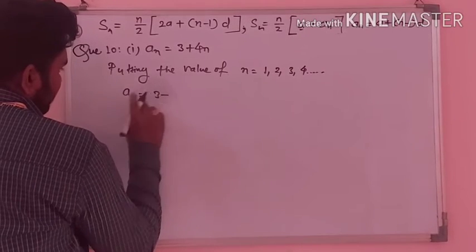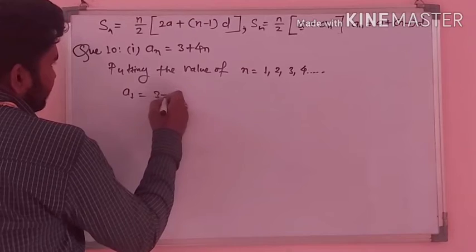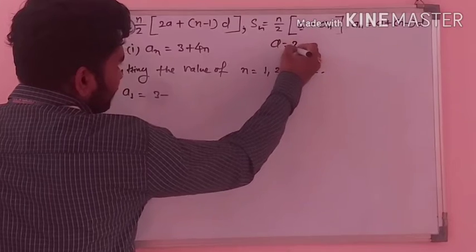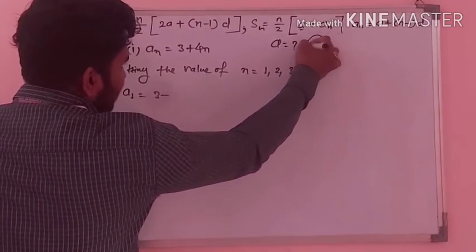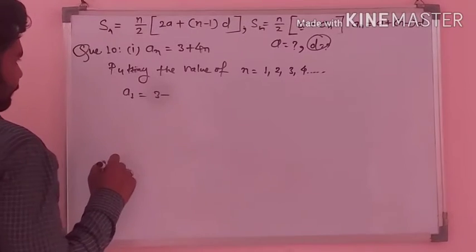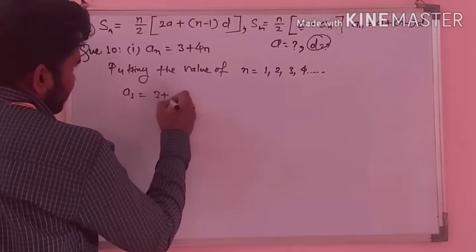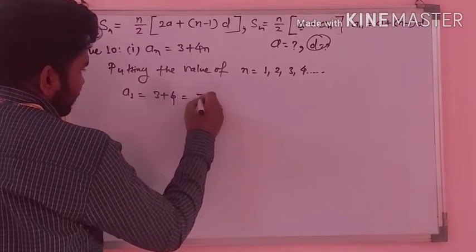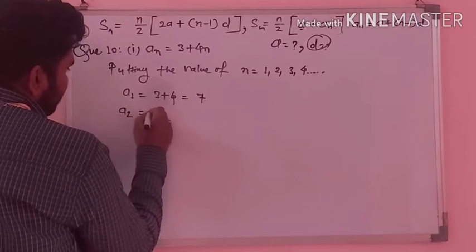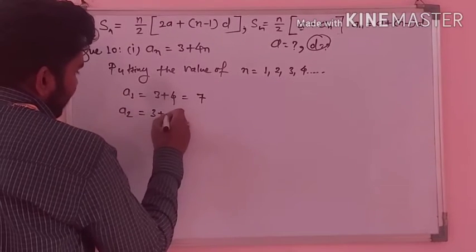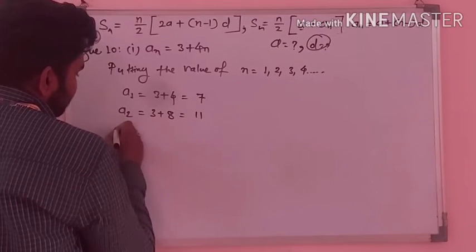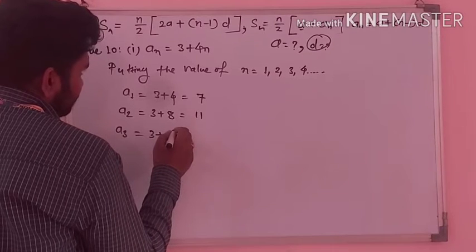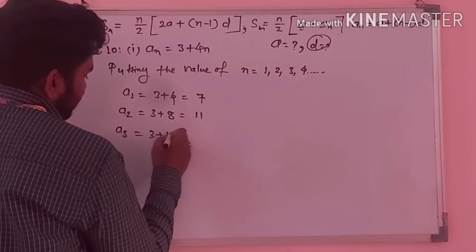A1 is... we have to prove this is an AP. For that we need to know A, which will come from here, and D, that means this is an AP. So 3 plus 4n. Now n is 1, that means a1 is equal to 7, a2 is 3 plus 4 times 2, 3 plus 8, that is 11, a3 is 3 plus 4 times 3, 3 plus 12, that is 15,